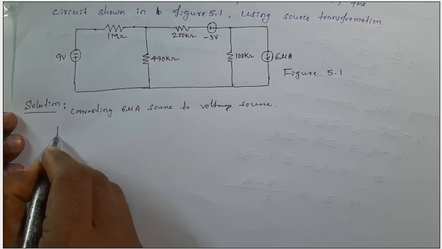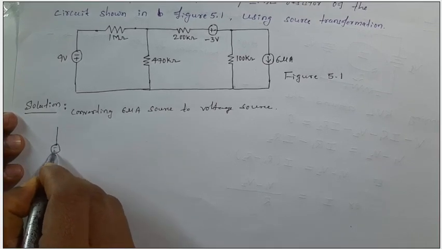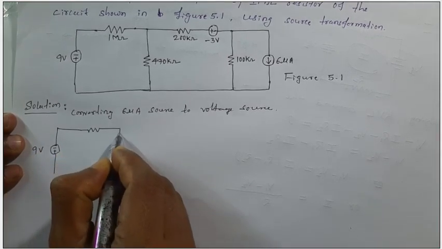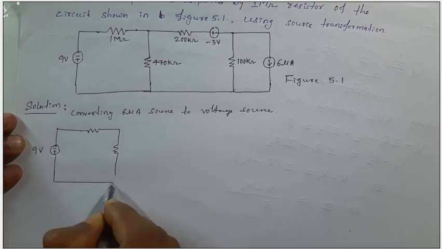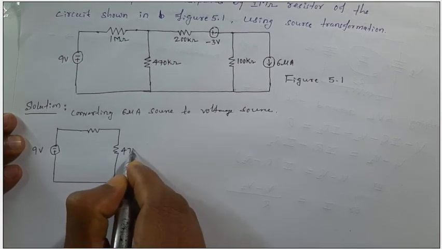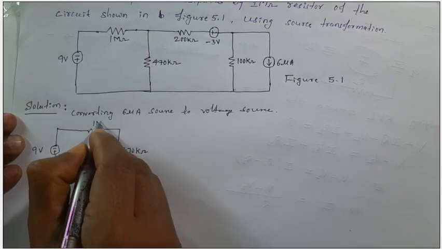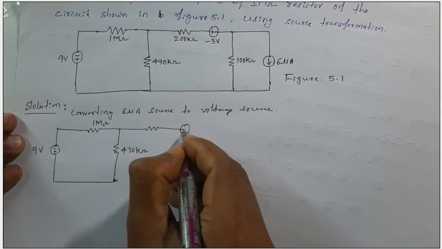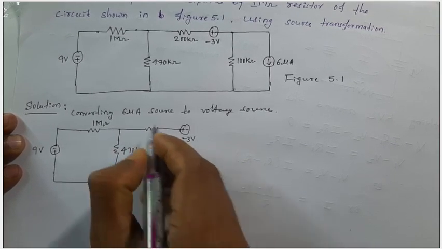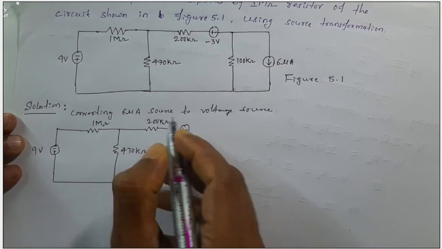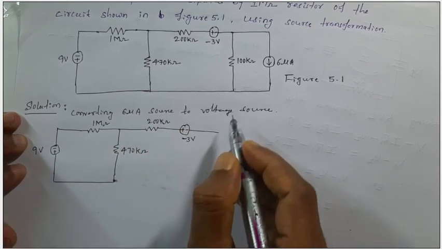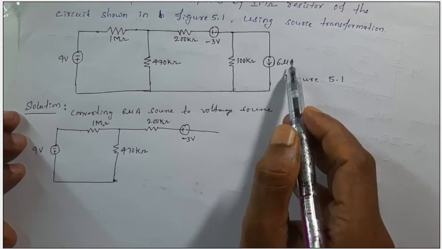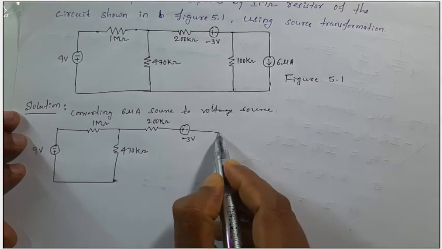Here minus plus 9 volts, and this is 1 mega ohm, this is 470 kilo ohm, this is 1 mega ohm, and now here it is 200 kilo ohm, and this is minus and plus, minus 3 volts, this is 200 kilo ohm, and here, when you multiply 6 microampere with 100 kilo ohm, we get it is equal to